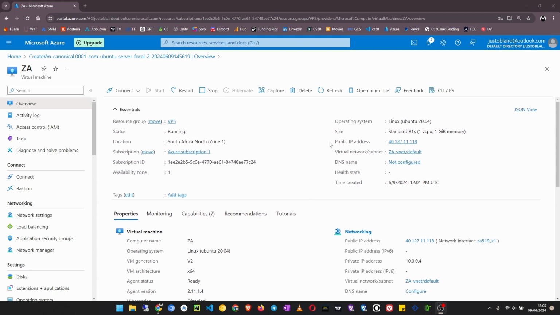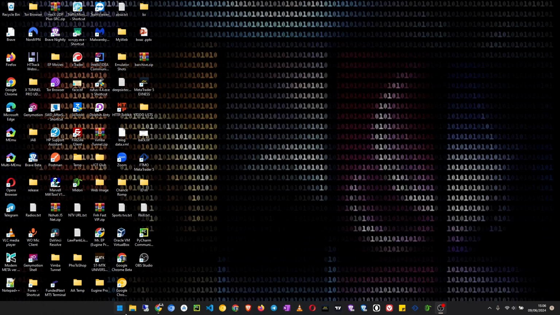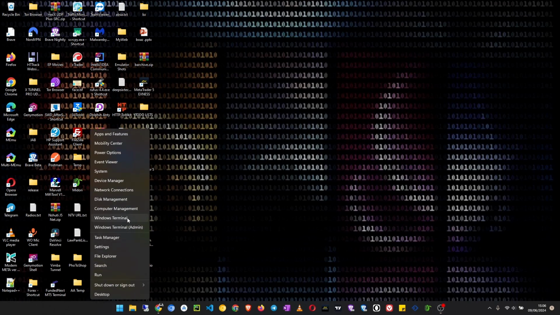So I will copy this public IP address. I created a VPS server in another region, and this time the OS I used was Ubuntu 20.04, but I don't think the OS was the problem. So after that, we shall use the same method we were using. So go to Windows terminal,